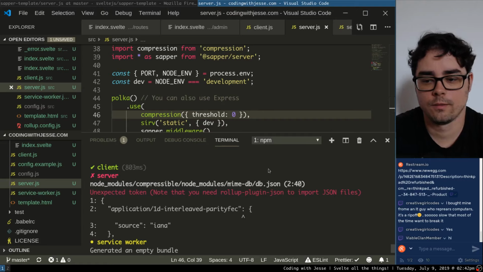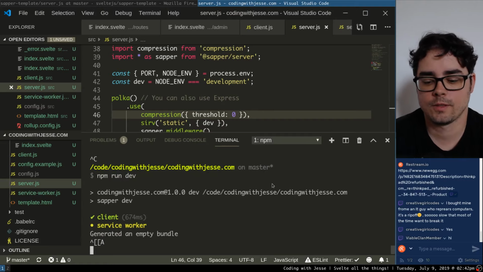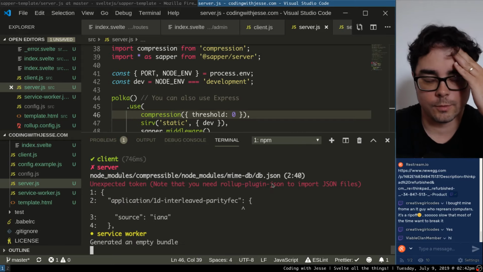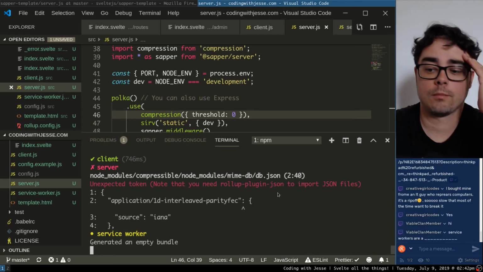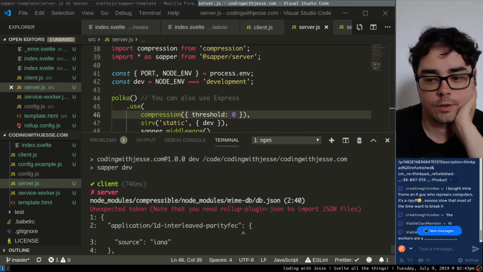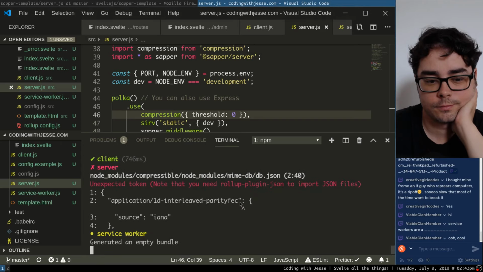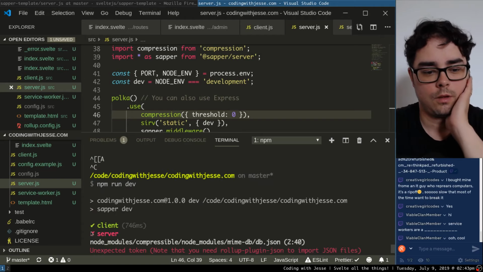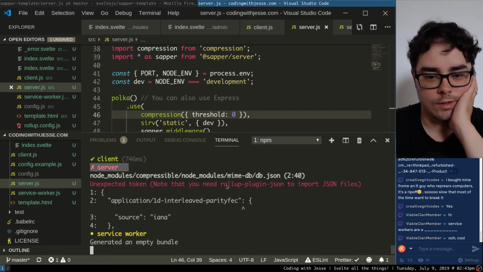I don't know. Why? Hey, Viable. I'm doing Sapper. I'm trying to make that blog I'm working on. I don't think it's the service worker though. I'm just ignoring it. It's just an empty file so that it doesn't freak out. It's saying my server's broken and then it's telling me,